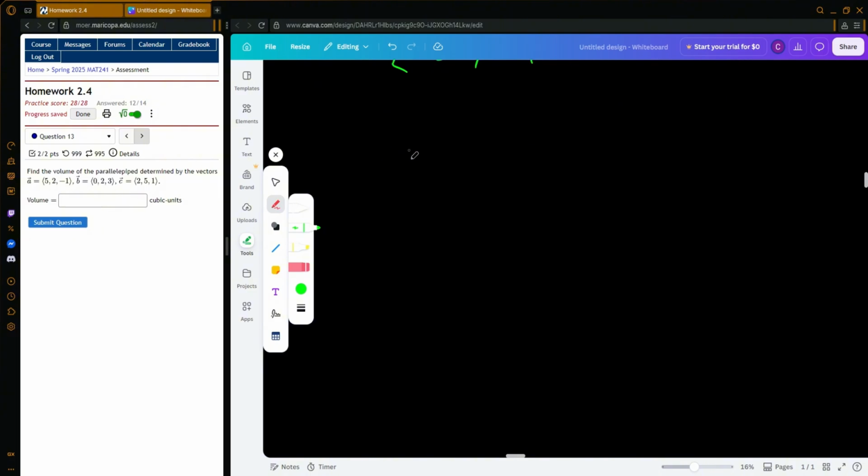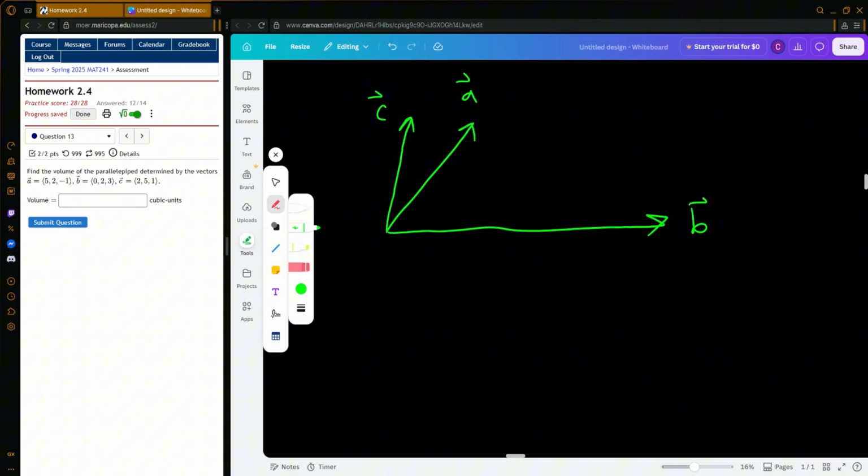Find the volume of the parallelepiped determined by the vectors. Okay, this one's a little trickier. So a parallelepiped looks like this, where we have the vectors A, B, and C. And to get the volume of this shape,